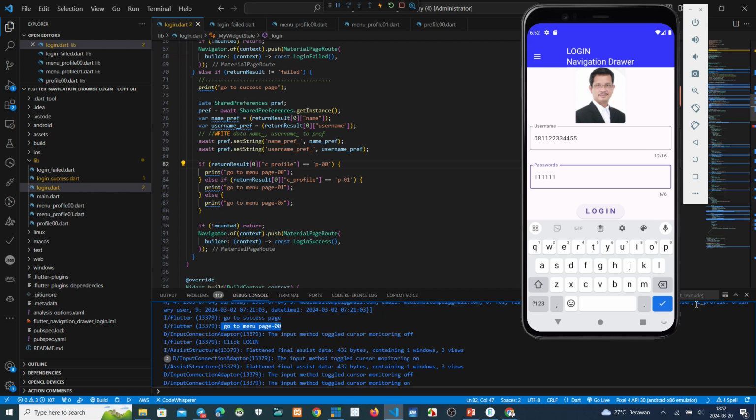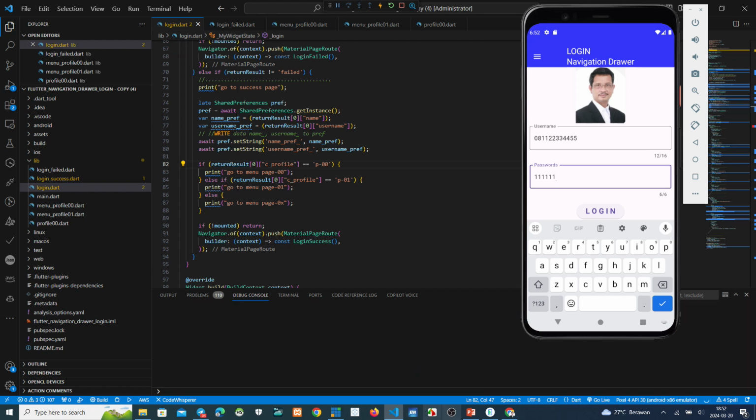After login, we must see if page 01, we can see on the debug console, go to menu page 01.